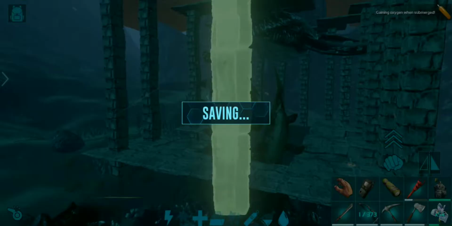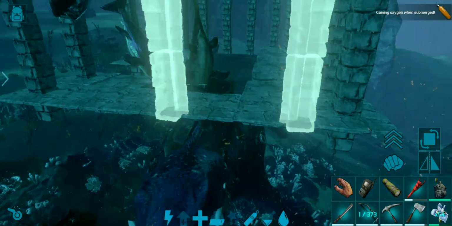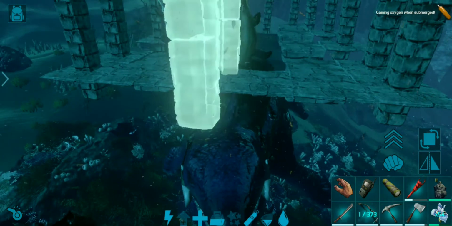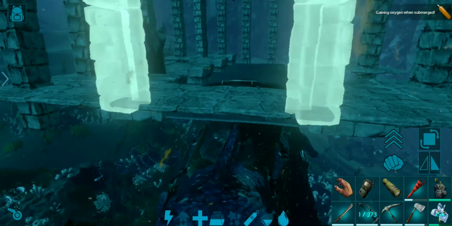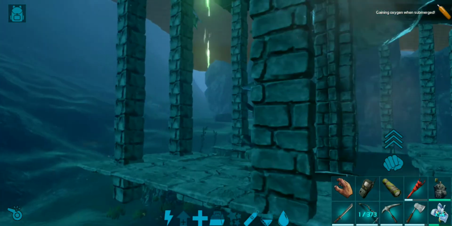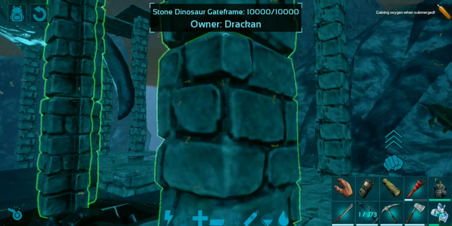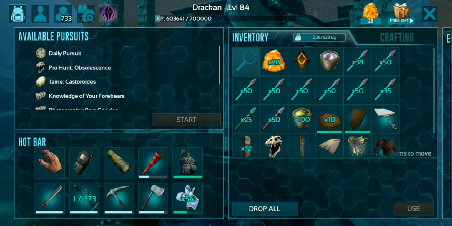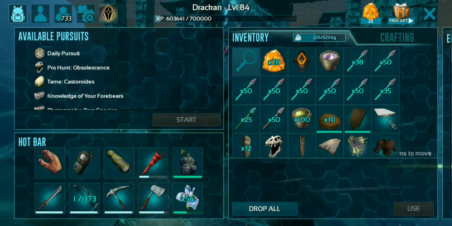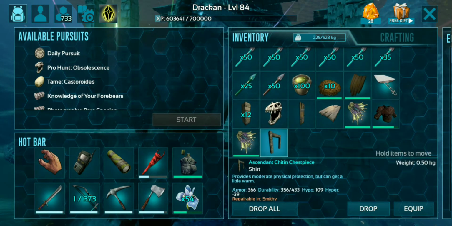Alright, now the Mosasaur is taking a bit of damage, but that's perfectly fine because Mosasaurs have a massive health pool. They won't die. Nope, that's not how I wanted to place that. And you should avoid getting hit by the Plesio as much as possible, because they do deal a large chunk